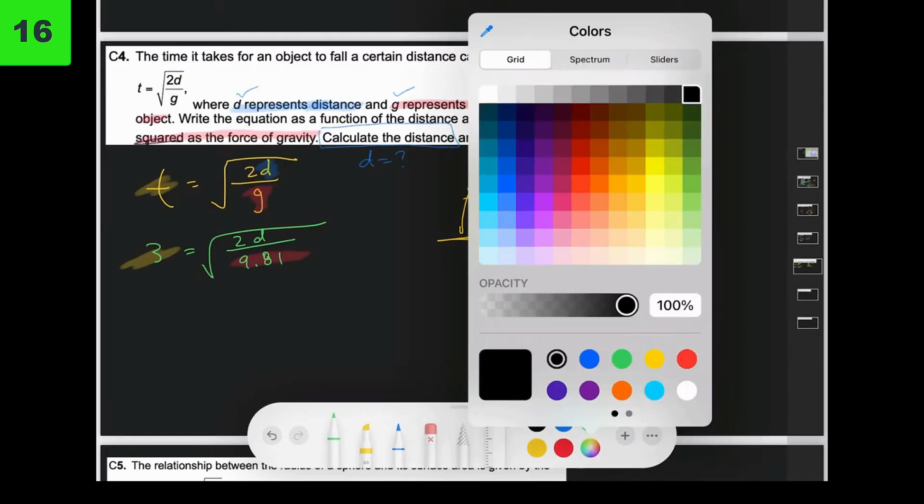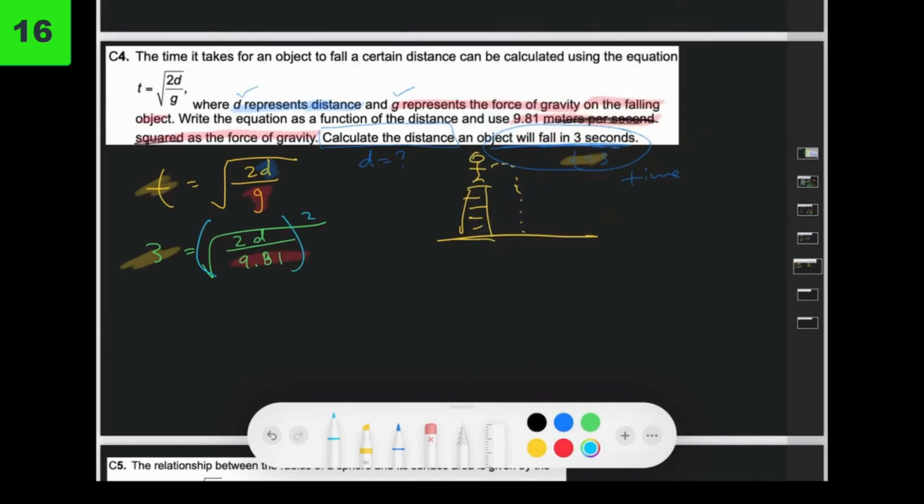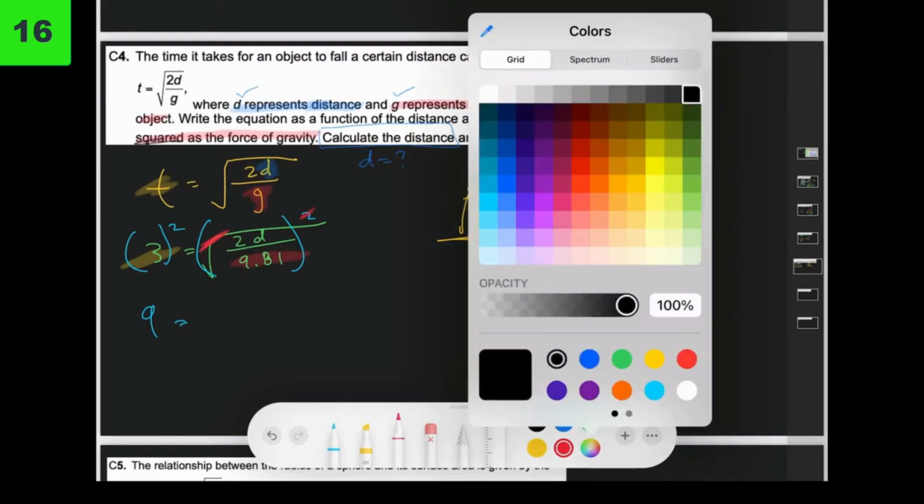All right, let's go ahead and solve for this. Okay, so I gotta solve for d. Gotta get d by itself. I'm gonna square both sides. This will give me 9 equals. Remember, this 2 and there's an invisible 2 over here cancels with the radical sign. So that means we're just left with